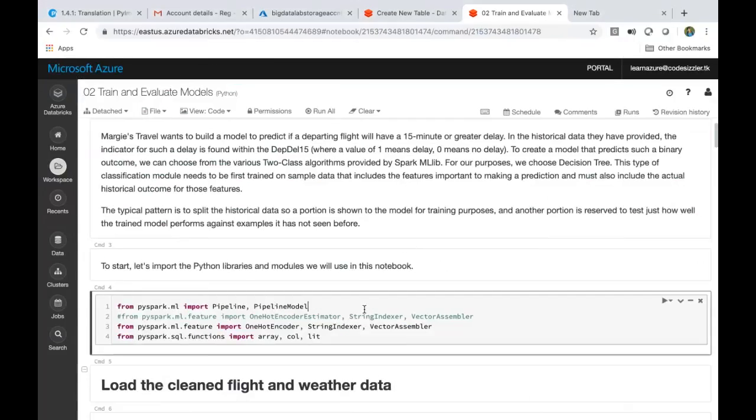In ADF we have pipelines. Pipelines are nothing but activities in a sequential process: first you do this, second you do this, third activity is to copy, fourth activity is to do some transformations, fifth activity is to do the DB load. In the same way, machine learning has multiple steps of transformations happening. We do all of this step by step, one by one, in sequential order. We call that a pipeline.